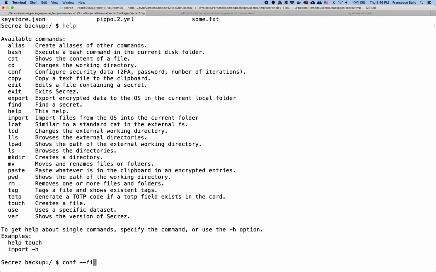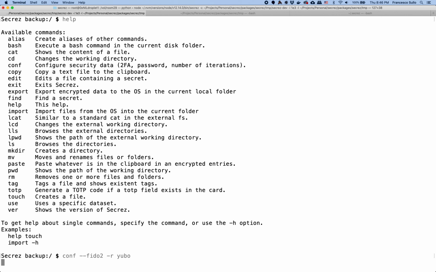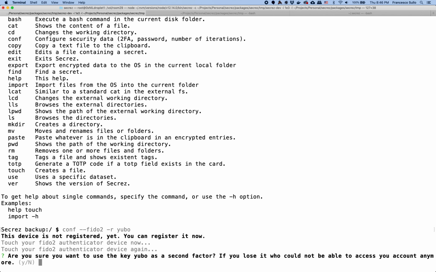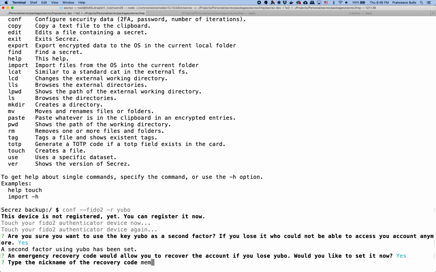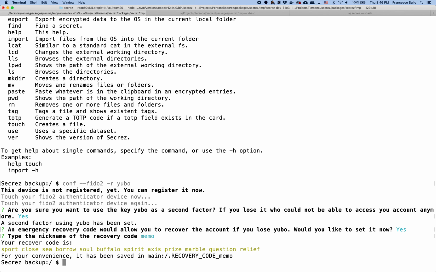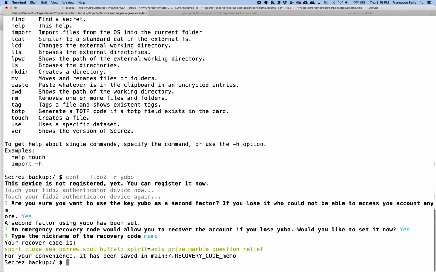I can, for example, configure FIDO2 second factor authentication, and I can use a key that I call UBO. Here I have a YubiKey, so I touch the key, I touch it again. It asks me if I want to activate the second factor, because afterwards I cannot access without it. I say yes, and then it asks me if I want to create a recovery code, and I say yes. Let's name the recovery code. You can see here there is a recovery code, but